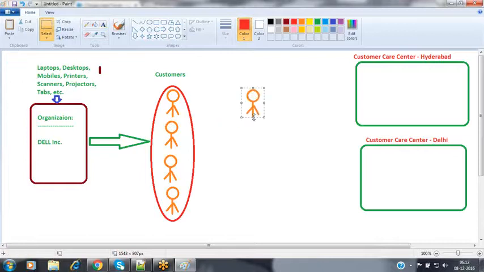Now these customer care executives are also persons who are always waiting to get some problems from the customer side, and they try to resolve the customer problems. We are having so many customer care executives available in that particular customer care center.